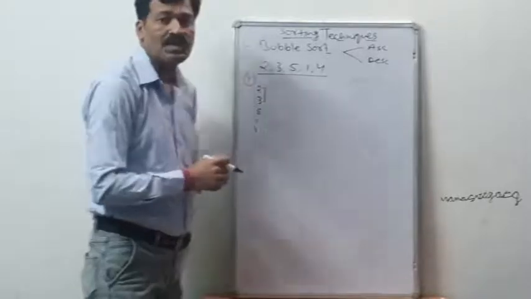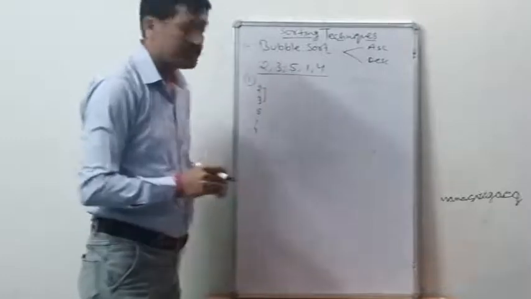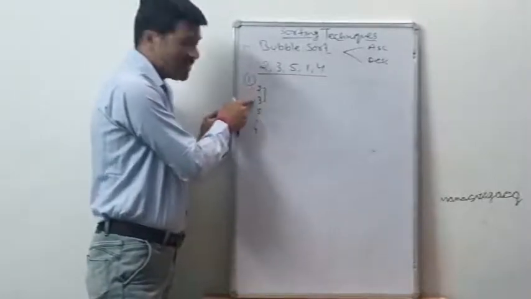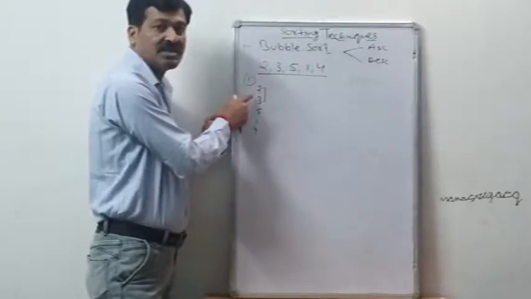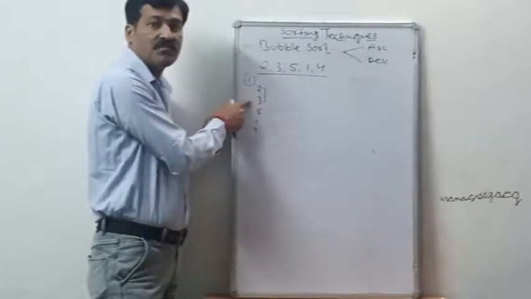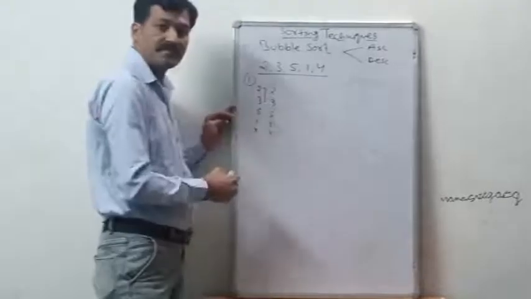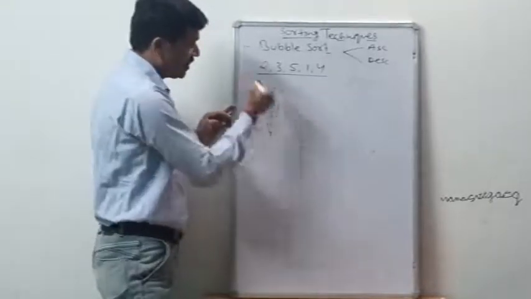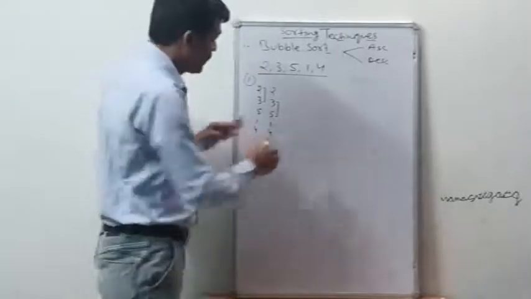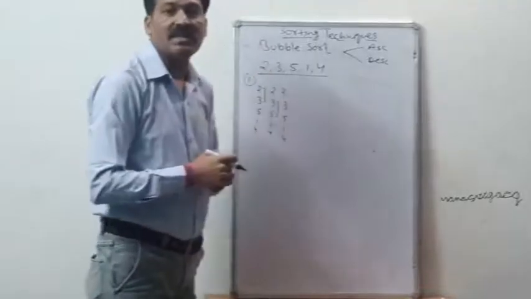Look at these first two elements. In the first rotation of the outer loop, I am showing you how the inner loop works. The inner loop checks the condition: is AR of j greater than AR of j plus 1? If the condition is true, it will be swapped, otherwise no. In this case, the condition is false, so the list remains as it is. In the next rotation of the inner loop, 3 is checked with 5. Is it greater? No. Again the process is the same, and the list remains as it is.